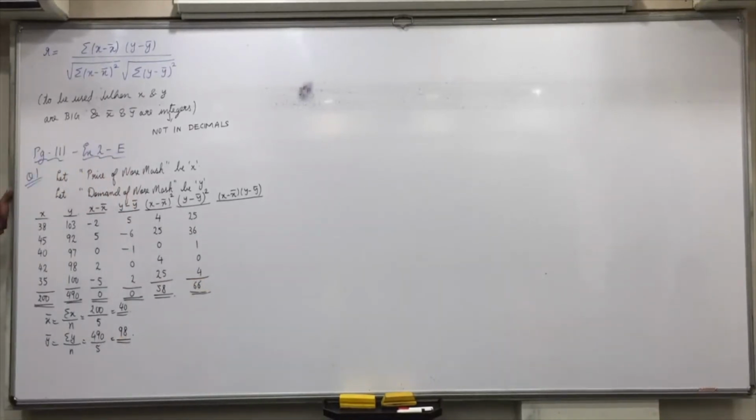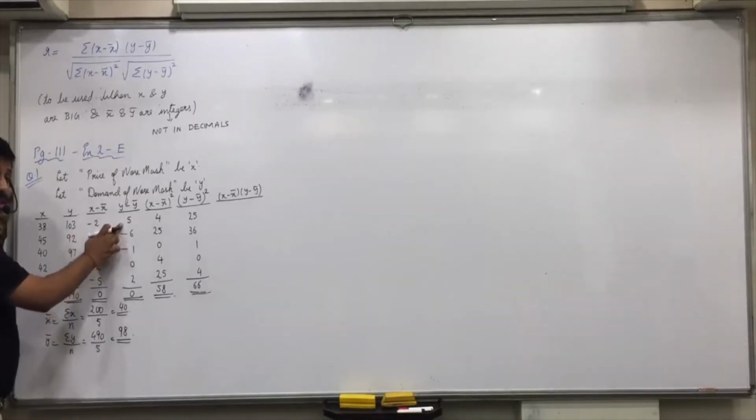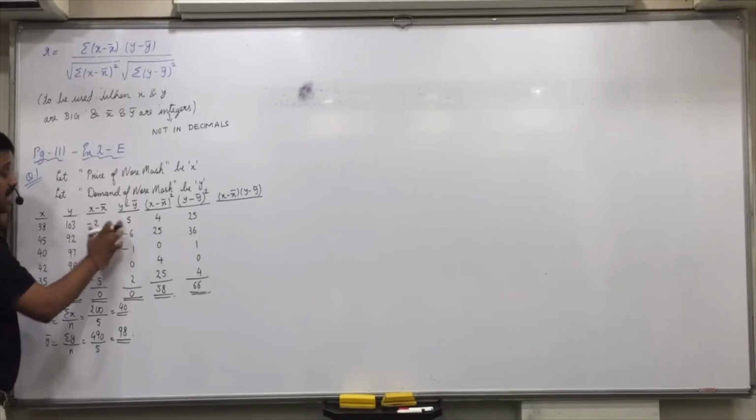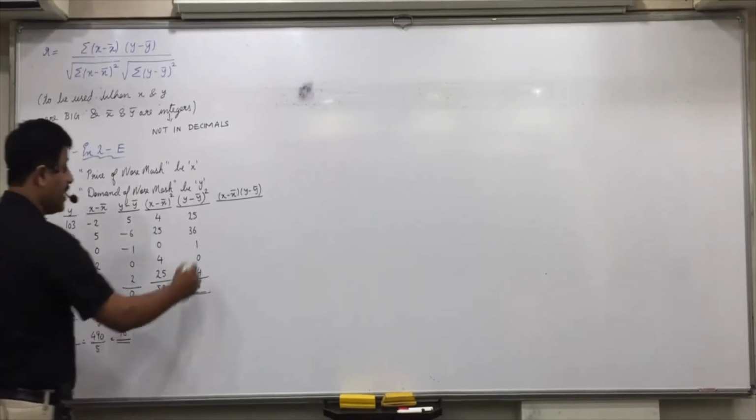Now, be careful. If you are using the memory for x minus x bar into y minus y bar, be careful, minus into plus. So if it's minus, don't put it in n plus, put it in n minus. If it's a negative value, put it in m minus. Positive value, put it in m plus. For example, 2 into 5, but minus into plus will become minus. Do 2 into 5 and press m minus. Do you get minus 10?